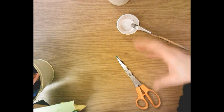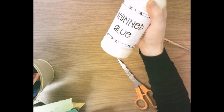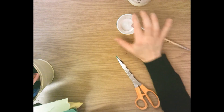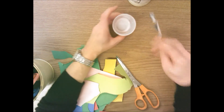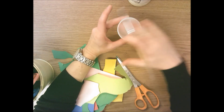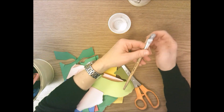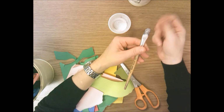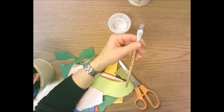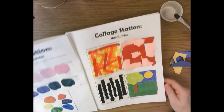When it's time to clean up your collage mess, this thinned glue should still be at the collage station. You should have poured it out at the collage station, but you have this mess to clean up. So you'll have to take this to the sink. You'll have to rinse this out, run this under the water, running faucet, not too fast or you'll make a big mess. Use this paintbrush to wiggle around in this cup and get the glue out of this cup. This cup goes upside down on the black towel, and then you need to run it under some warm water with your fingers and massage the paintbrush bristles to get all this glue out of there. If you don't rinse this paintbrush out completely with the glue, then it stays stuck forever. Put this on the drying rack to dry, and then the next time you have art, I can sign